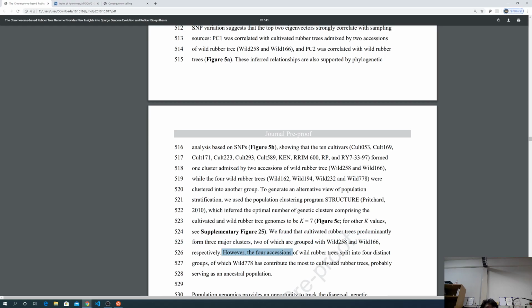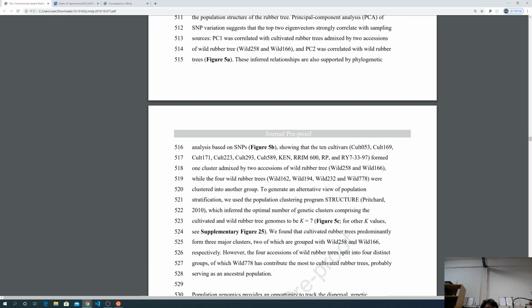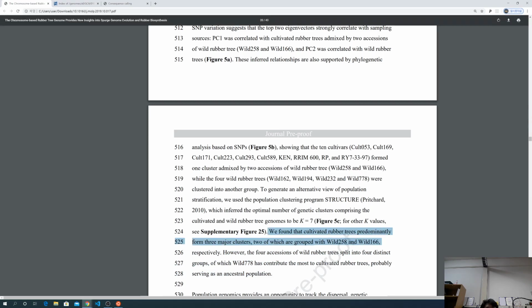However, four accessions of wild rubber tree split into four distinct groups. So this is not explained by phenotype. I think it is not explained very well with regard to the phenotypes, because the phenotype should be added. Some wild types have a really distinct phenotype compared to the cultivar. For example, if you think about soybean,